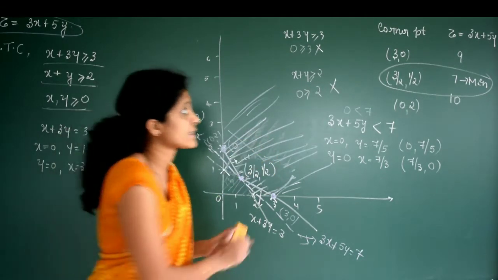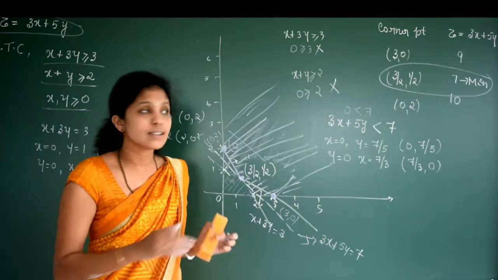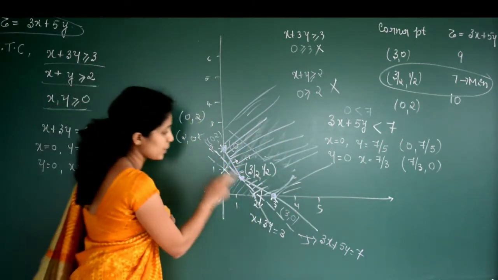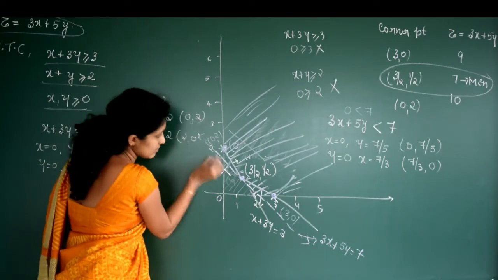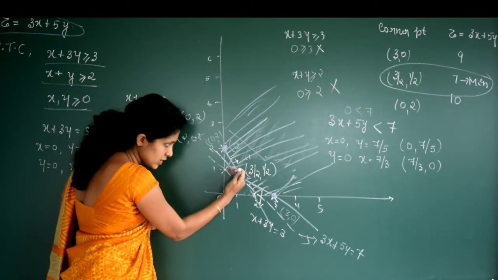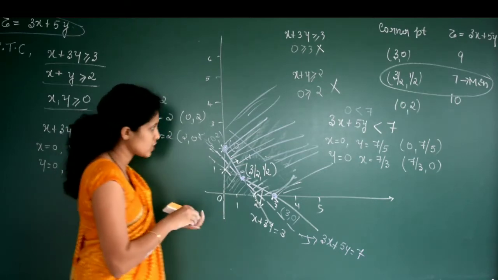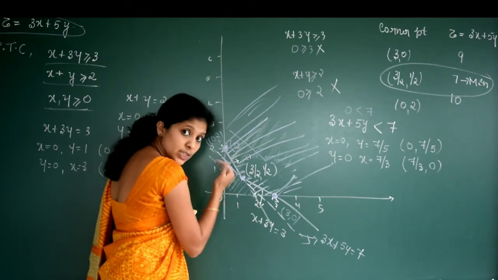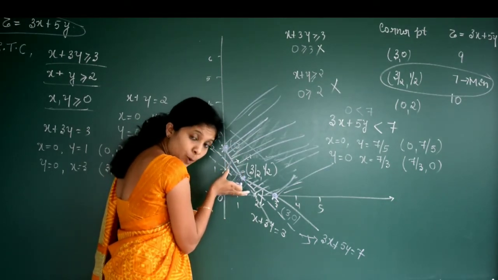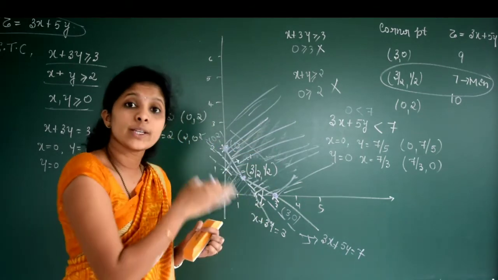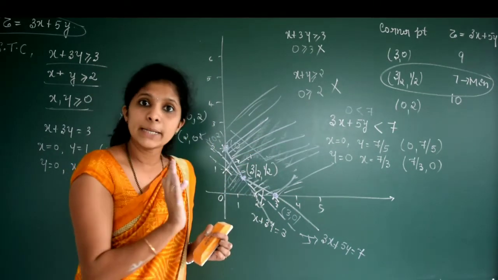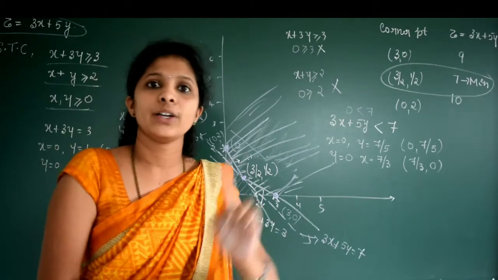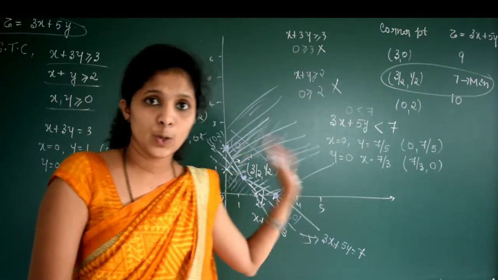So we can say that 7 is the minimum value and it occurs at the point 3 by 2 and 1 by 2. I hope you understood this one. Draw the proper graph, okay? It passes through like this. I mean, it will pass through this point and the solution region will be downwards. Actual solution region is this, and the solution region for this line is downwards. So this does not have any common point with the original solution region, so we can say that 7 is the minimum value of the given objective function z, and it occurs at the point 3 by 2 and 1 by 2. I hope you understood this.